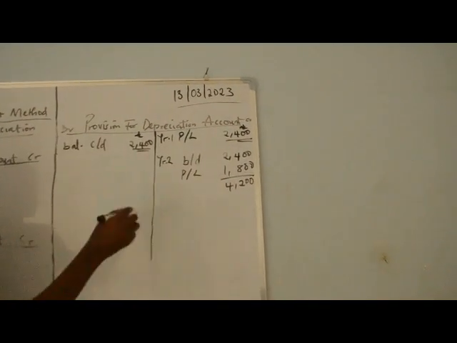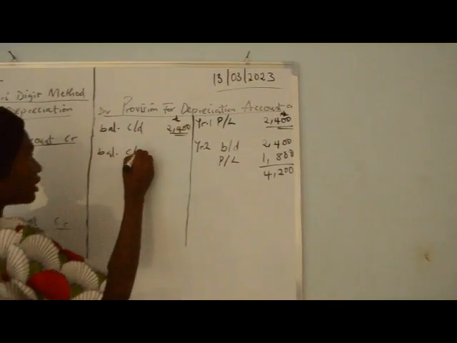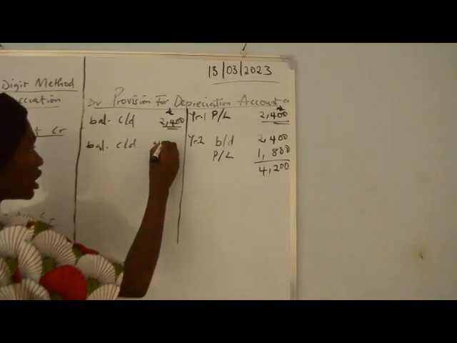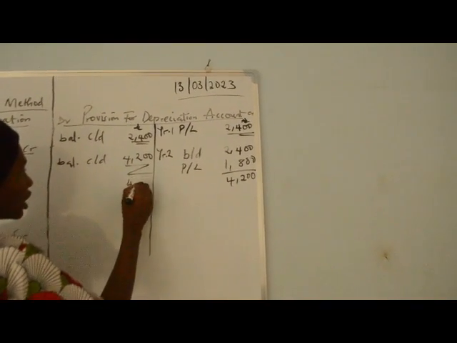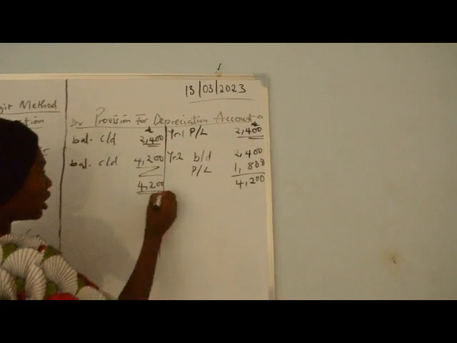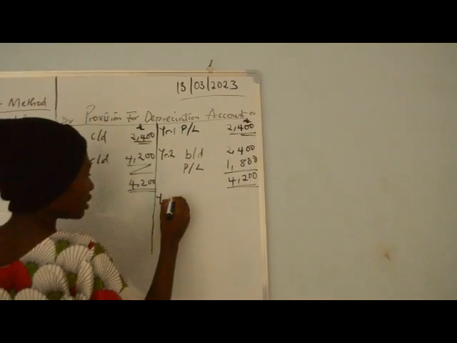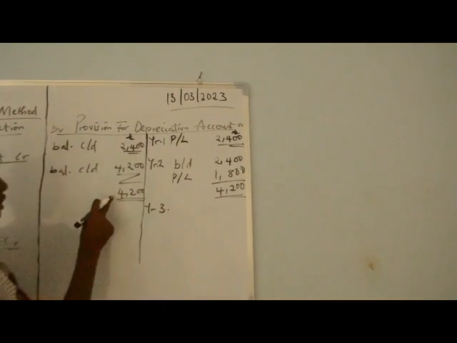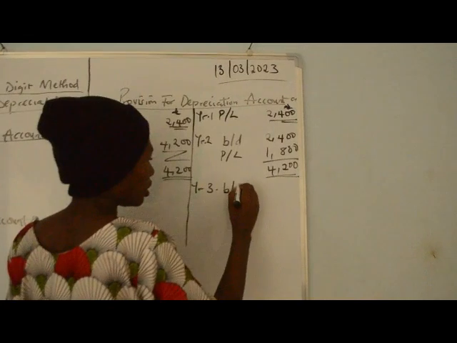So at the end of the second year, we also want to balance that account, have our balance carry down, which is 4,200, and we have closed the account for the year. Now the third year, we have our balance brought down from our carry down, which is